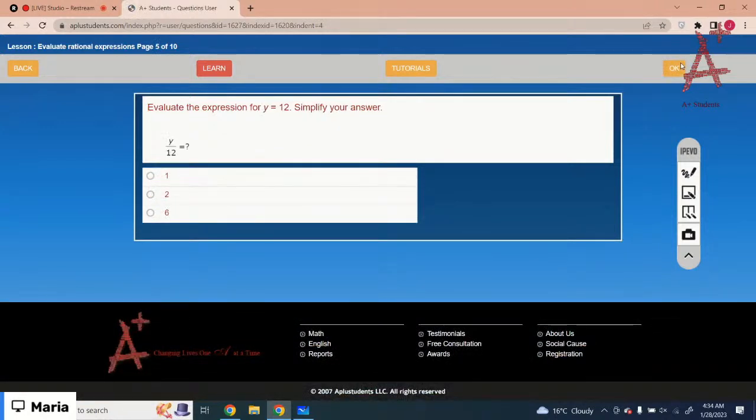Okay, evaluate the expression for y equals 12. You have to replace the y with 12. So it would be 12 over 12, and 12 over 12 equals